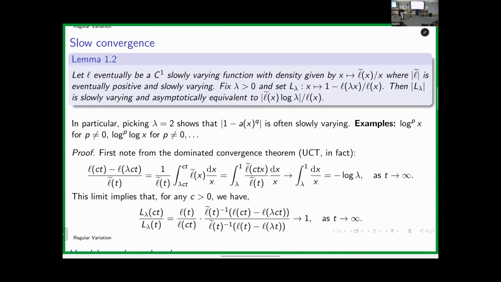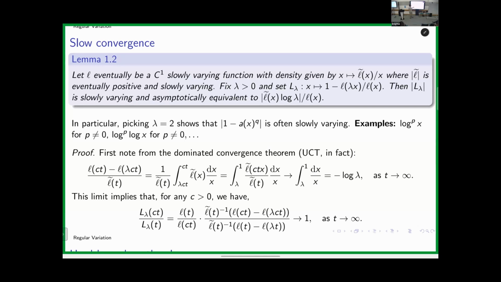So first I will show some limits, and then I will use them to prove the slow variation today. Okay. So you write L of ct minus L of lambda ct over the curly L. Okay. So I write this L as the integral of its density or derivative. Okay. And then I use the fact that this dx over x is now scale invariant. So all I need to do is put the ct inside the curly L. Okay. Now the integration set is from lambda to 1, and then I put the 1 over L tilde inside. It's not being integrated. I just put it.